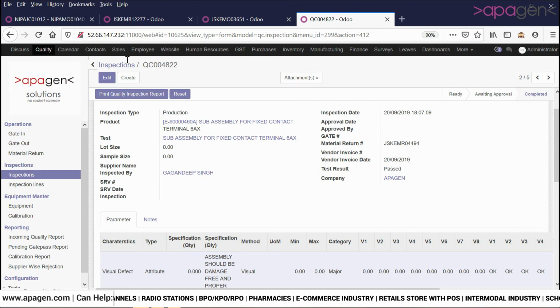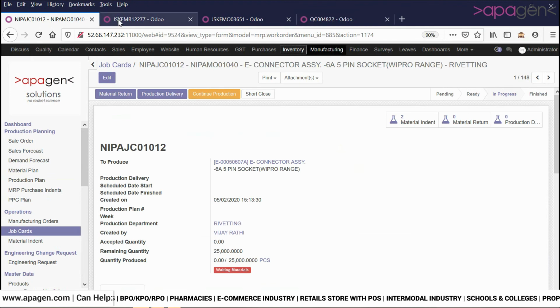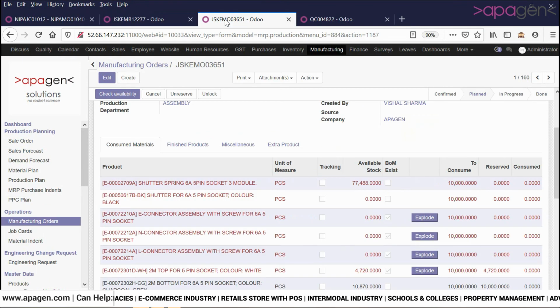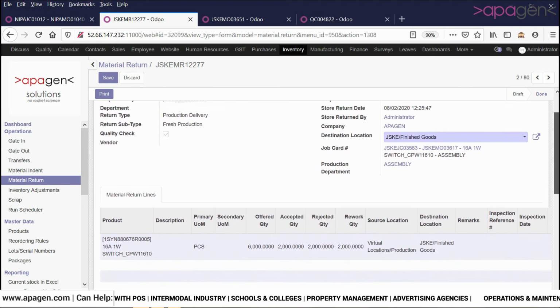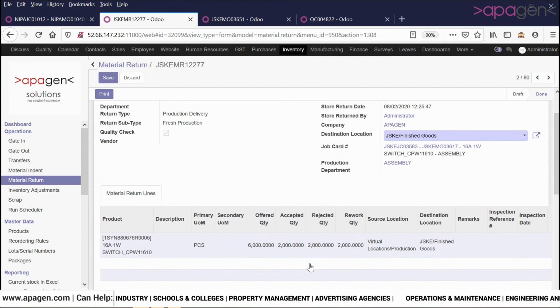I again come back to the material return. So once the material is being returned, the quality team will enter the acceptance and rejection quantity. In case certain items require rework, then we define the rework as well. And finally, after the rework is completed, we will define where the items are required to be stored. Please note that there is a possibility that certain items require job work in a sister company or through a vendor, which will be executed in parallel or as a support function.